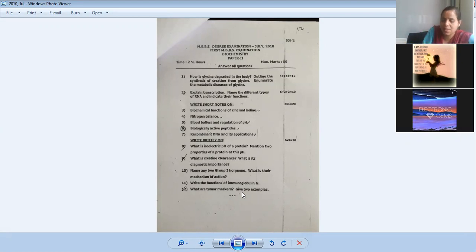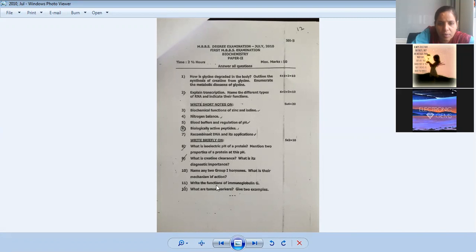So before cancer is fully developing in the body, if you want to diagnose in the first stage itself, there are certain markers which will be increasing in blood. They are called tumor markers. If you just check for those tumor markers, you can go with further diagnostic tests for the confirmation. To diagnose cancer in a very early stage, we will check for tumor markers.